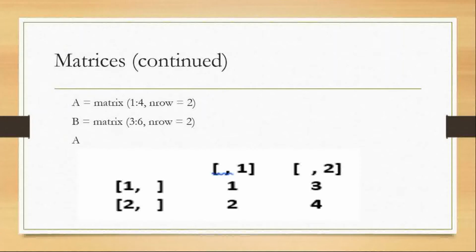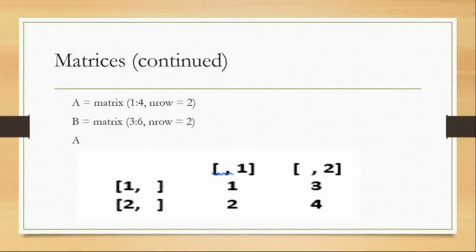So we can perform other operations on matrices too, like addition of two matrices, multiplication of two matrices, comparing the values in two matrices, etc. First, we are creating two matrices A and B. So the matrix A has values 1 to 4 with two rows and two columns, because there are only four values, and if there are two rows, obviously there should be two columns.